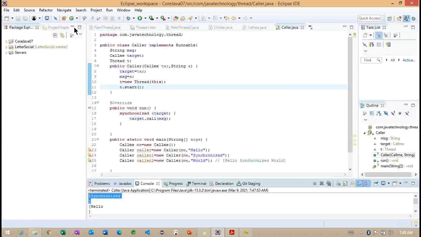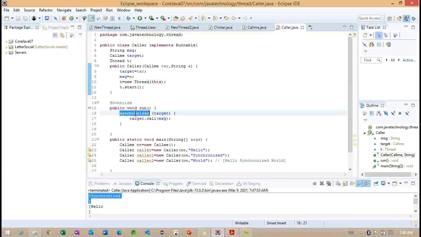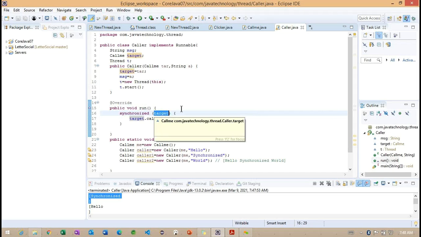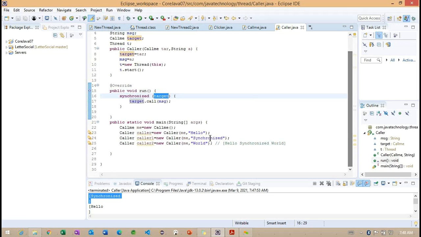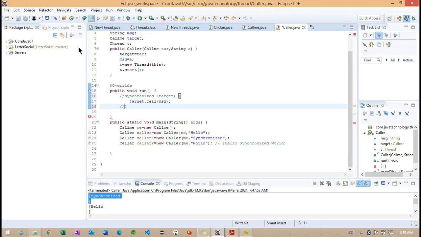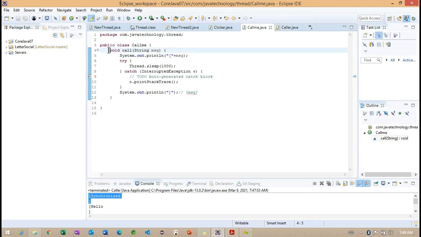So now, whenever we are working with this particular block, what exactly is it doing here? This particular block expects one object, right? So once one object is completed, the lock is going to be released. So this is one more difference here. And back here, I want to comment out this particular example, going back to the method level.